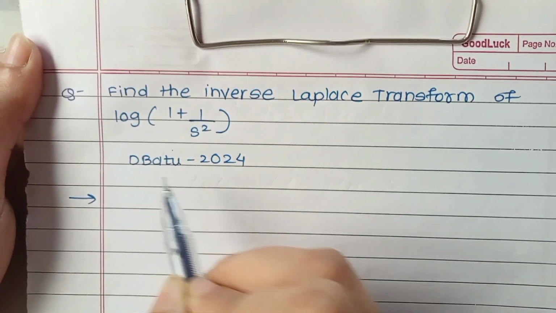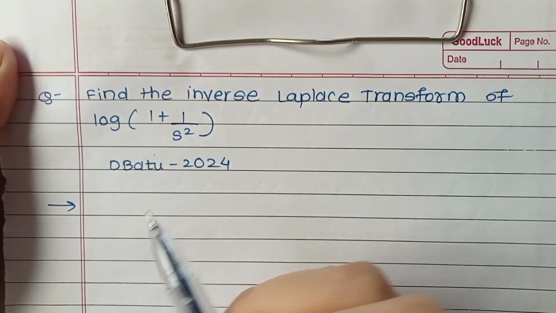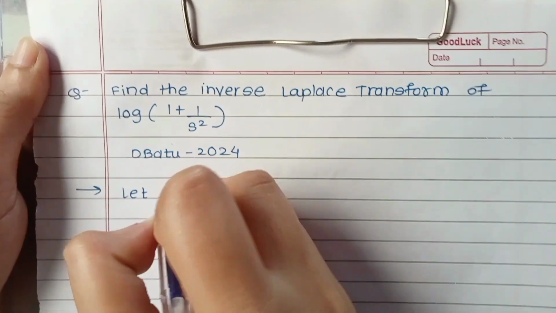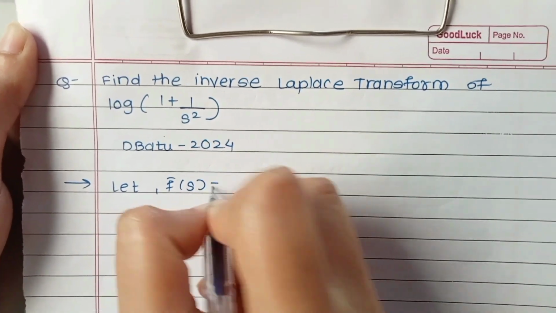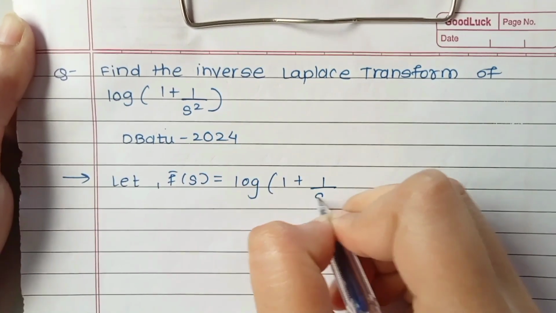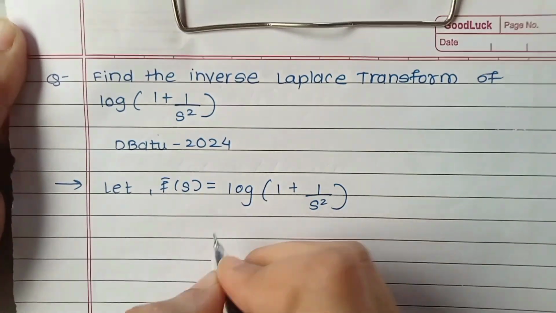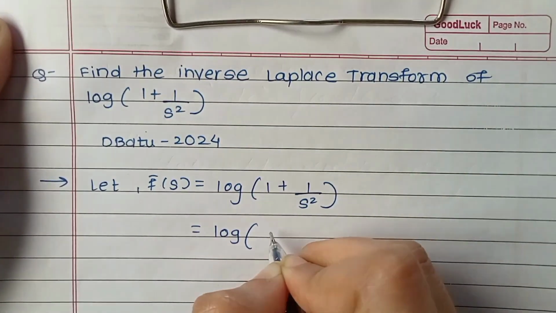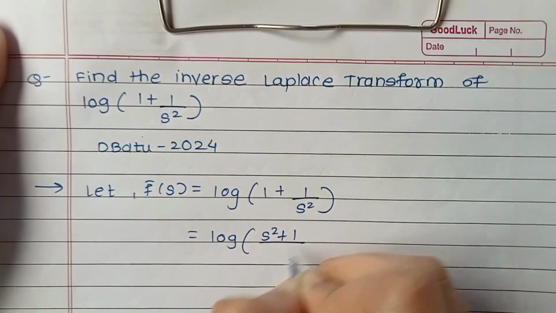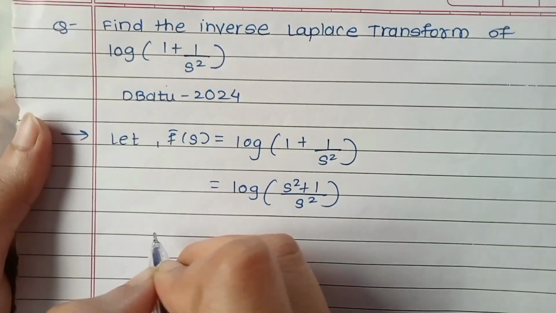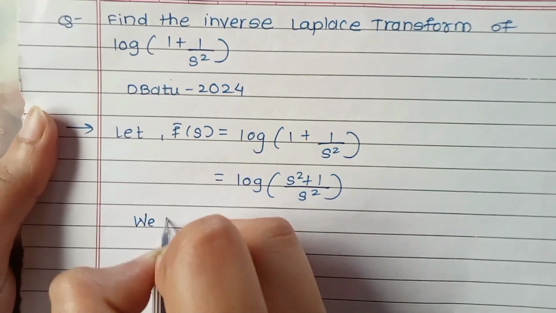This sum was asked in DBATU 2024 examinations. So let's start. Let f bar of s be equal to log of 1 plus 1 upon s square. We can write this as log of, cross multiplying, s square plus 1 upon s square. Now we know the property of log, that is